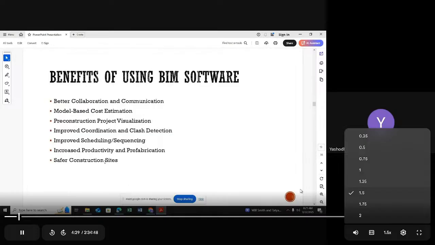And I told you about the BIM. For your level, we are not going to discuss BIM deeply, but as a future profession in the construction industry, you have to know about BIM technology, because this is very modern technology in the construction industry nowadays. In future, it will be different. Nowadays, this is the most common, most developed technology. So anyway, that's about the BIM. Yes, I told you some benefits of using BIM.